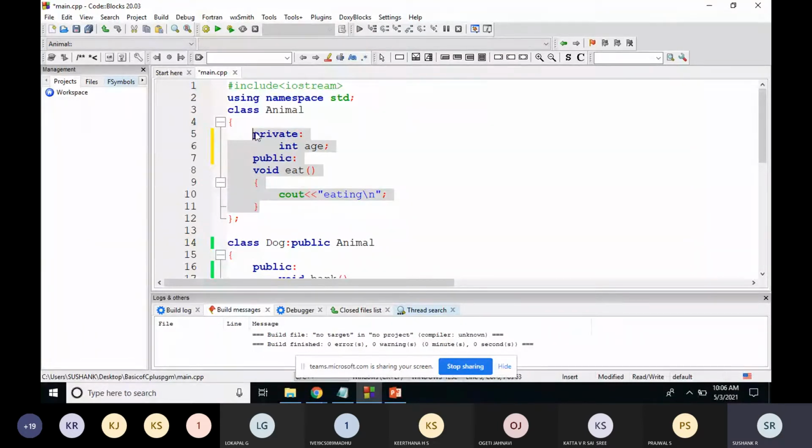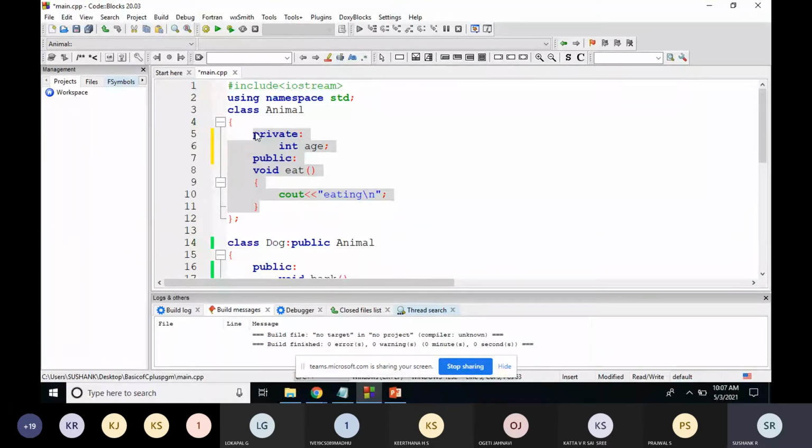Outside this class called animal, that variable age cannot be accessed. So if you want to access that variable age, you have to use the members present inside that animal class. I told you about two functions, the getter method and setter method, to access the variables which are made private.